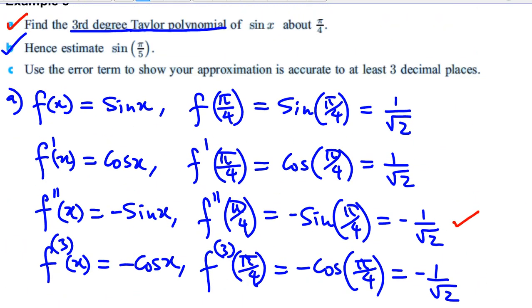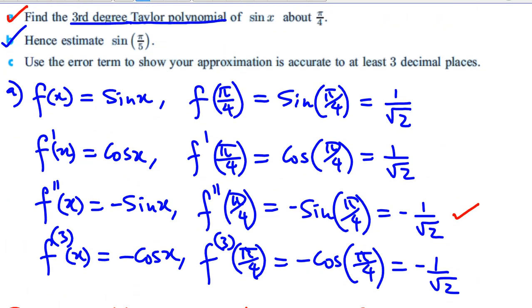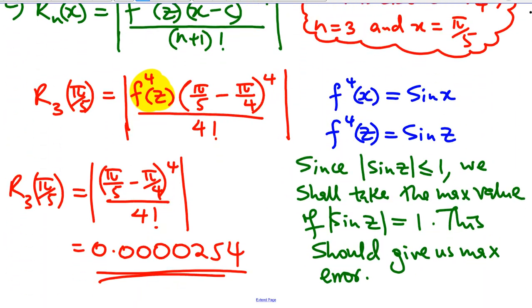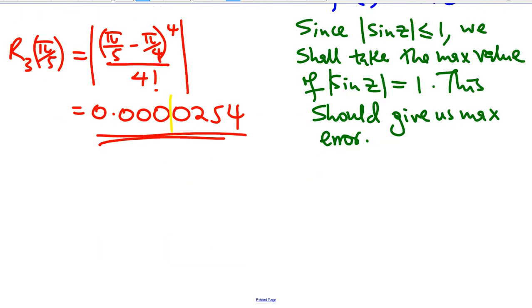Now the question was, use the error term to show that your approximation is accurate to 3 decimal places. It makes sense, because if the utmost error is that when you use the third degree polynomial, then it's accurate to 3 decimal places, because our cutoff point will be there. So it will definitely be accurate, all right? Hence our approximation is accurate to at least 3 decimal places. So we can say